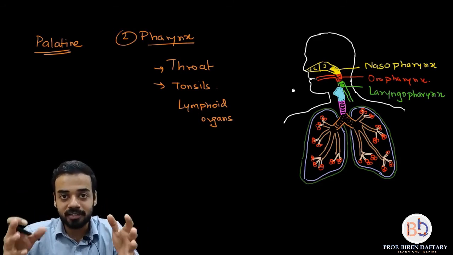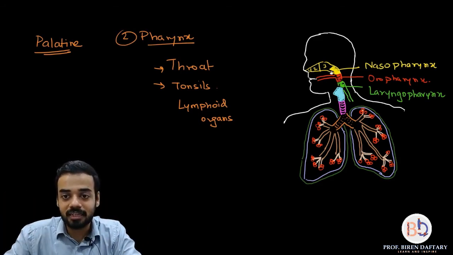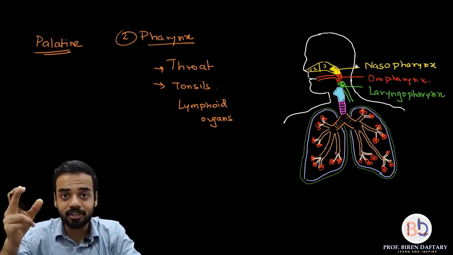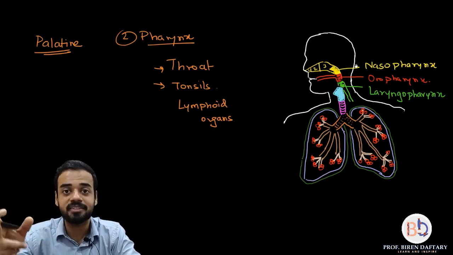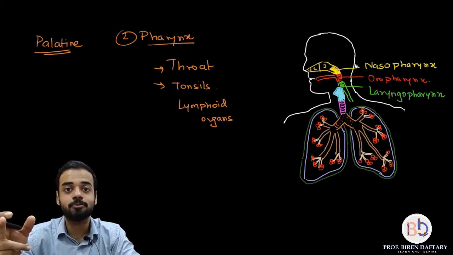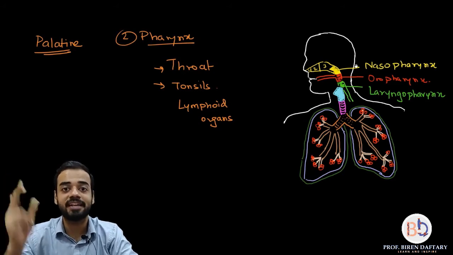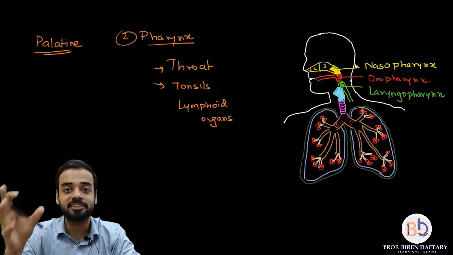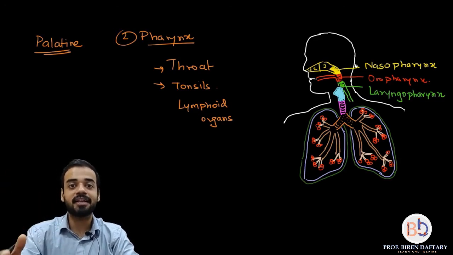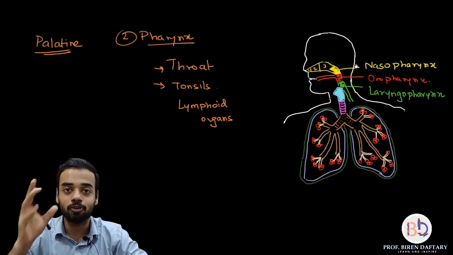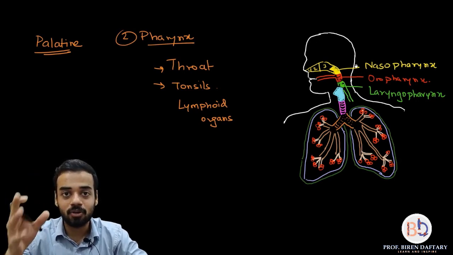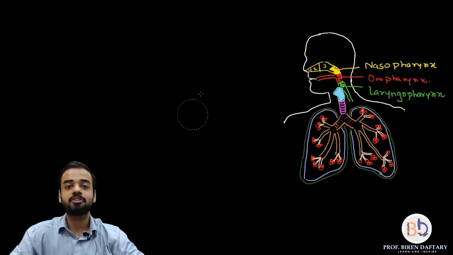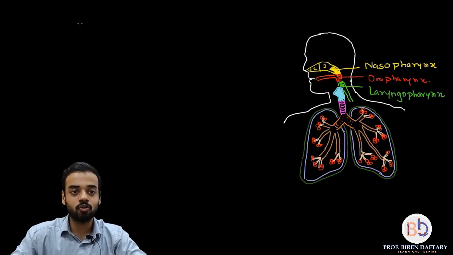I hope this part is clear. I hope these three different parts of the pharynx are clear. Which is the anterior most part or the first part of the pharynx? The answer is the nasopharynx. Which is the posterior most part or the last part of the pharynx? The answer is the laryngopharynx. The laryngopharynx is the last part of your upper respiratory tract. After that, the next part is the larynx, which is part of your lower respiratory tract. Is this clear? So with that we have completed two parts of your respiratory system, which are the nose and the pharynx. Now let us go further.